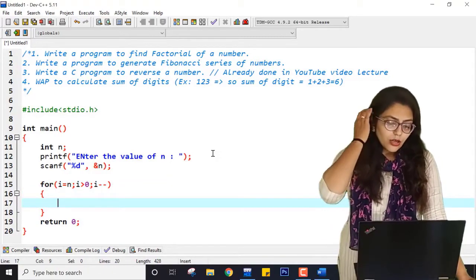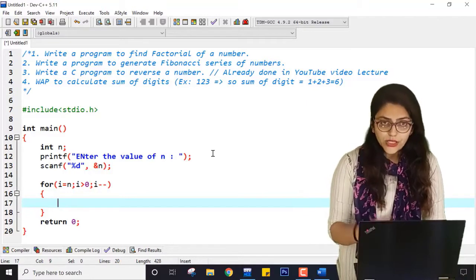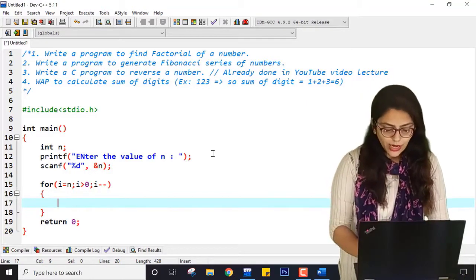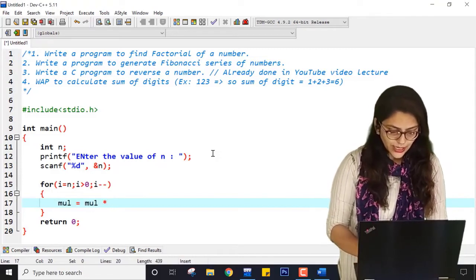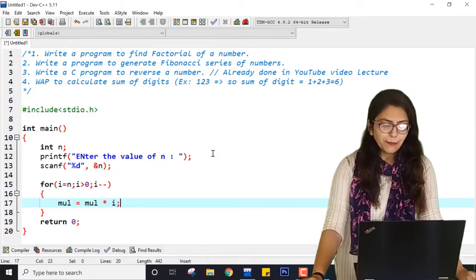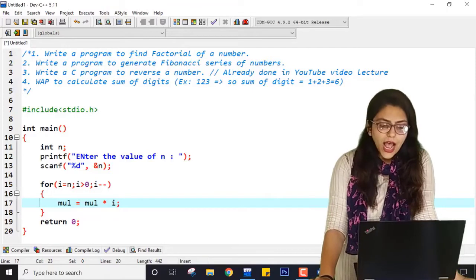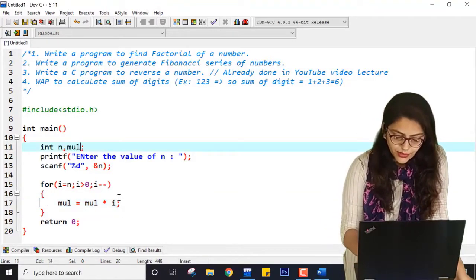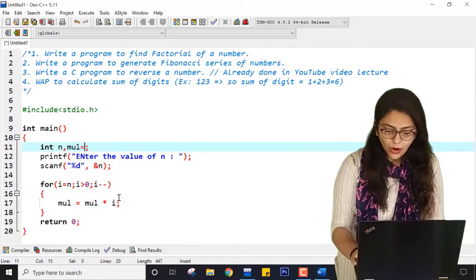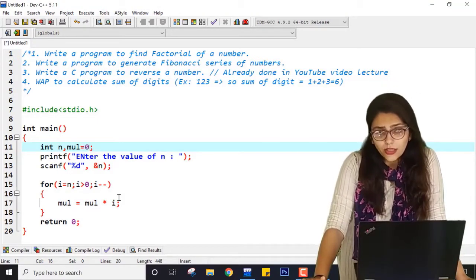Now, instead of sum equal to sum plus i, what I am doing is mul equal to mul into i, because every time I am multiplying by the value of i. But what is the issue here? If I declare mul, I cannot initialize mul to 0. Why?